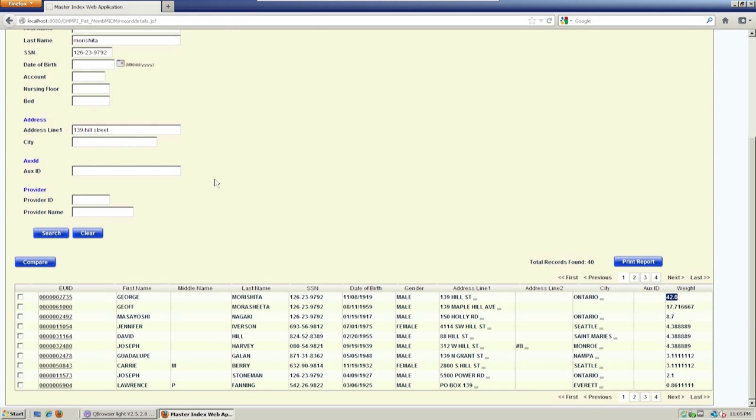So again, with address number 1, as we talked about in our first session, address 1 is broken apart into subcomponents, and now we can see that each of these components has been compared against the data that exists in OHMPI. All right, so now what I want to do is jump into one of these records,